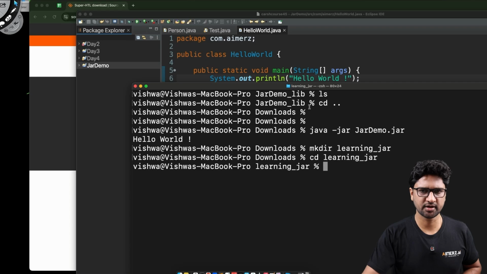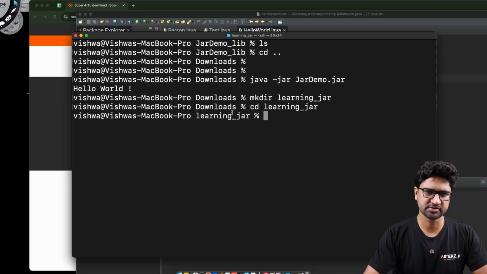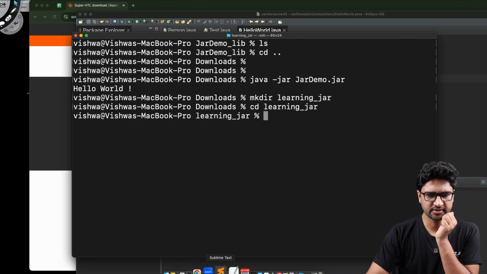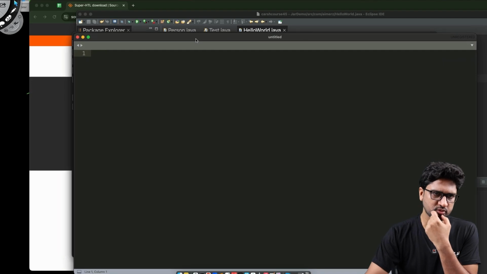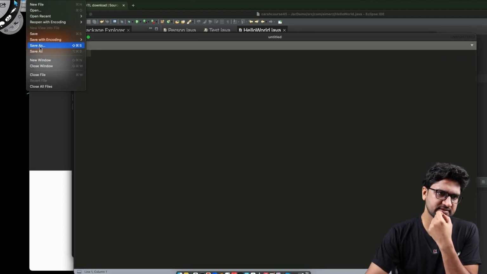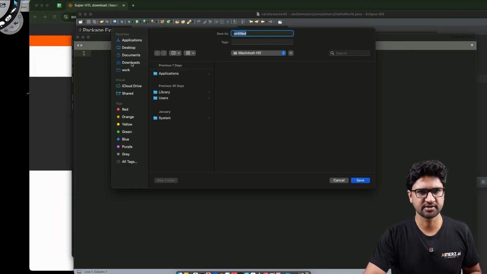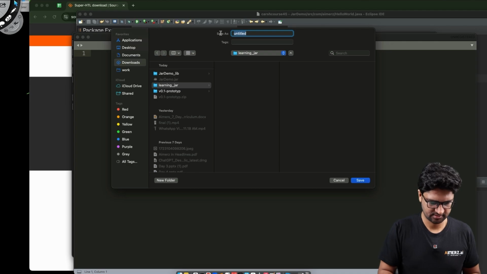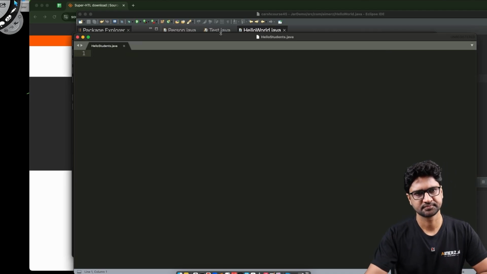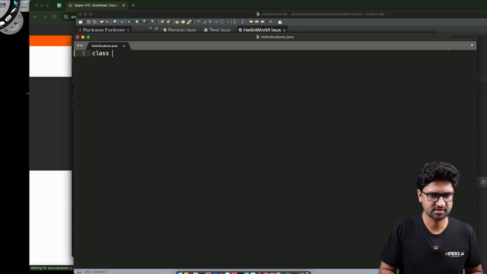Now inside this folder, let me create a file. Inside the downloads, cd learning_jar, I have to create a file. For creating the file, I can open the Sublime text editor so that I can write the code. Let me first create the file and save the file name. Inside the downloads, in the learning_jar folder, let me call this file hello students.java. Then I write this class hello students,